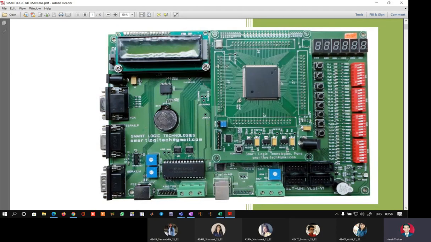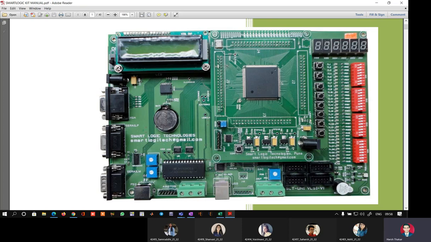So understand one thing, that if I want to program this FPGA chip as a 4-bit ALU, this ALU is having 3 inputs: the 4-bit input A, the second 4-bit input B, the function bus F 3-bit, the output carry underscore borrow, and the output vector Y. So now the question comes that once I download that VHDL into the FPGA, FPGA will have the intelligence to behave or function as a 4-bit ALU.